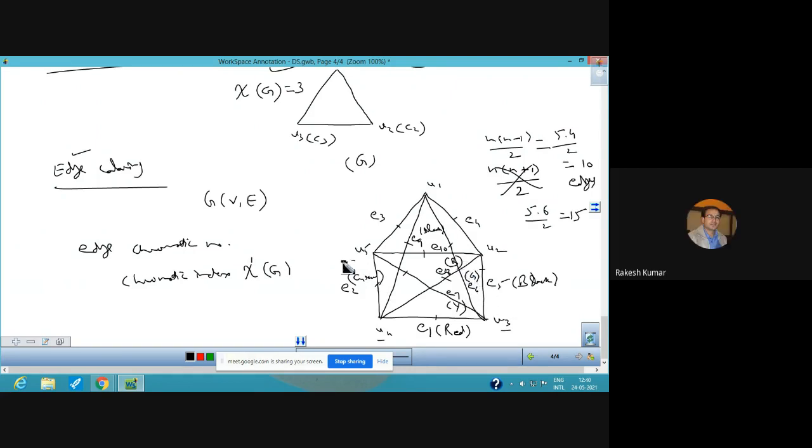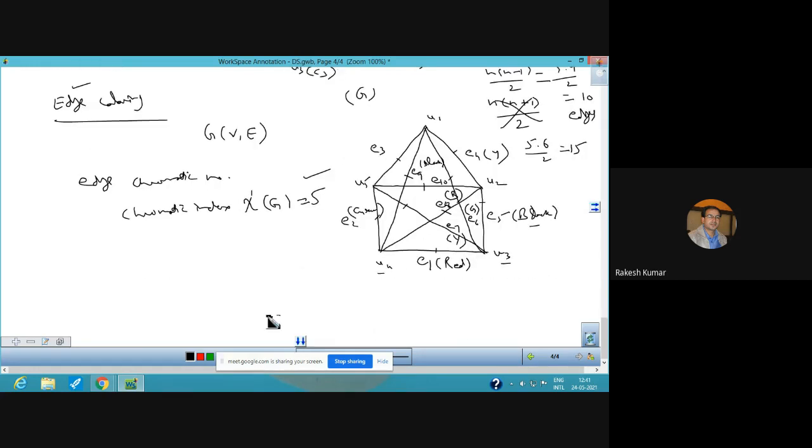Because it does not flop that idea. So similarly, this can be given yellow. And I think all the edges have been colored. So ultimately, we have given the color black, yellow, red, blue, and green. So the chromatic index in this is 5. So 5 colors have been used.